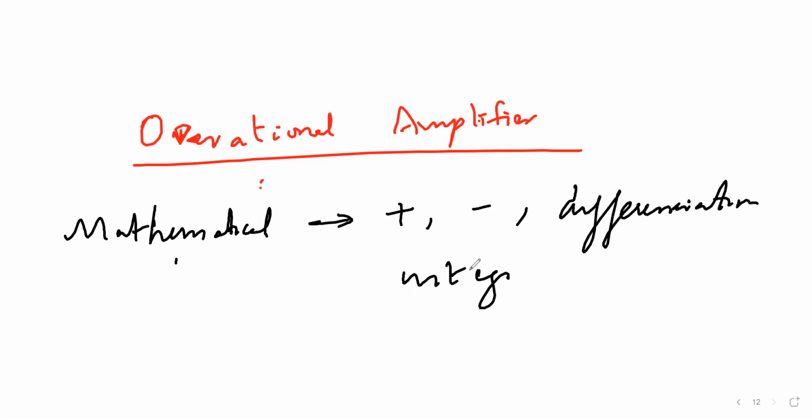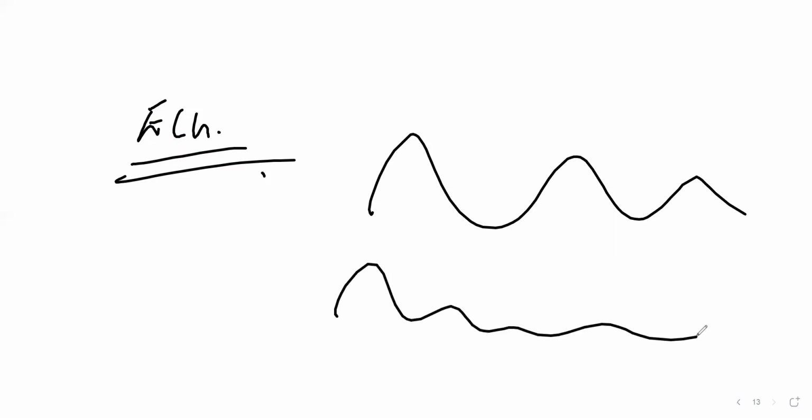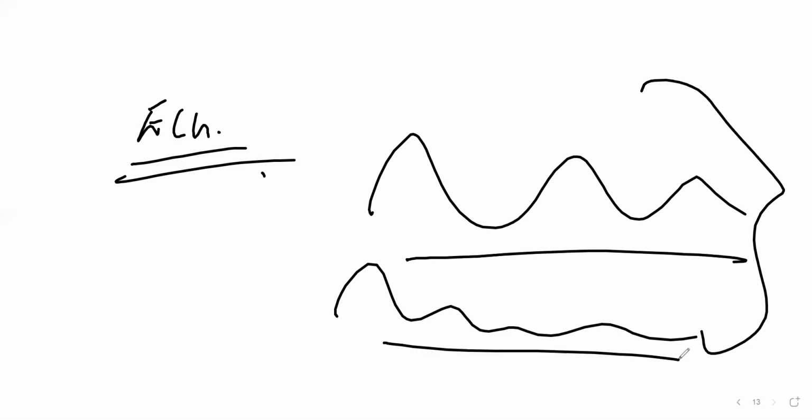Everything it can do. If you ask me what is the purpose of this operational amplifier, I'll tell you. For example, in a hospital, the ECG pulse is taken. That may be in sinusoidal waves, a sine wave, something like this it will go. Is it easy for me to measure those things? No. So I have to convert these sine signals into square waves or triangular waves.